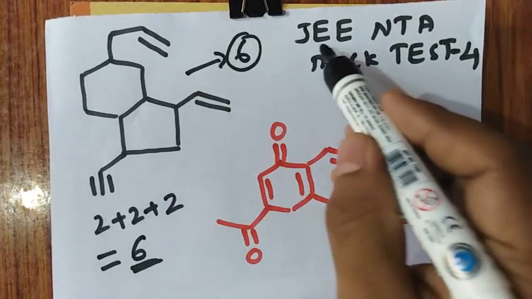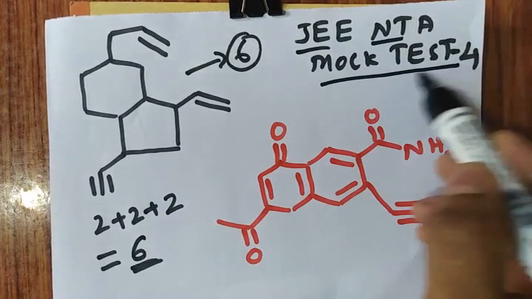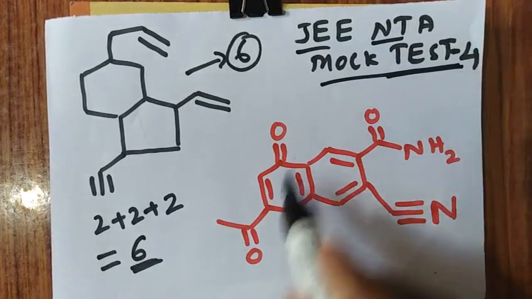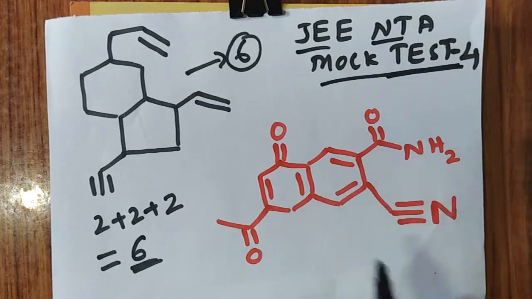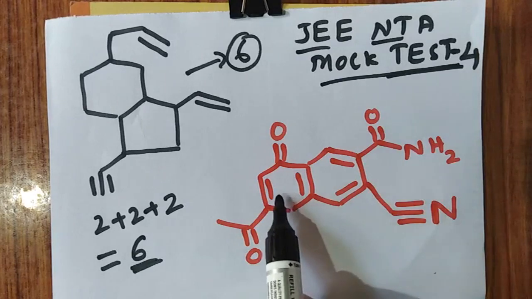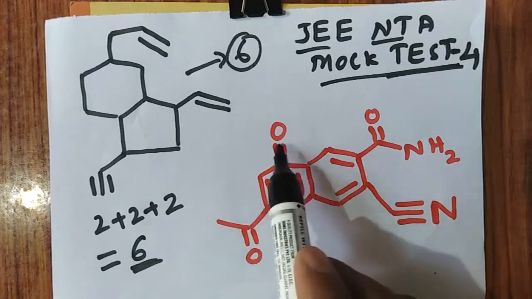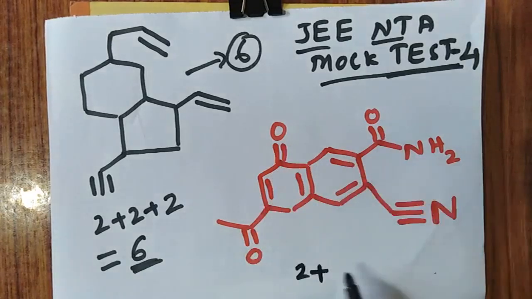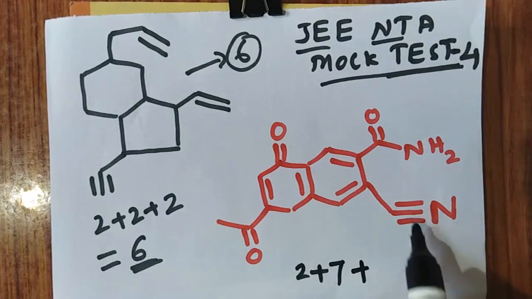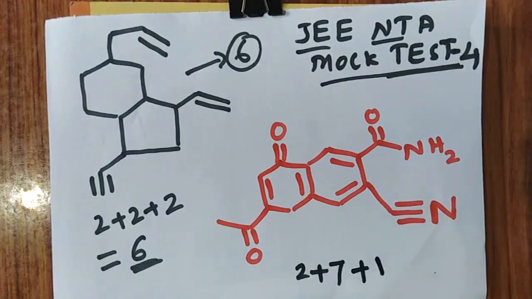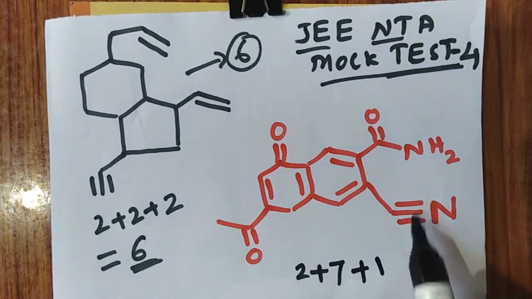Now this was a question which was asked in JEE NTA mock test number 4, you can see. So this molecule was given. What is the double bond equivalence? It was asked, nothing but degree of unsaturation. So now calculate. How many rings are there? First you calculate 1 ring and 2 rings. So plus, how many double bonds are there? 1 double bond, 1, 2, 3, 4, 5, 6, 7. So 7 are there. Plus 1 triple bond means 1.